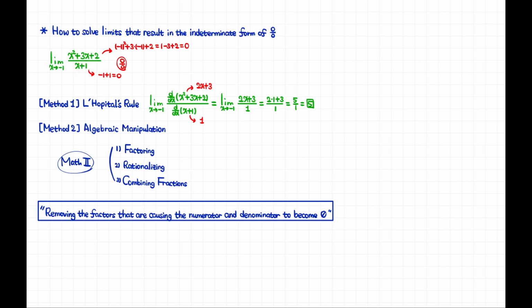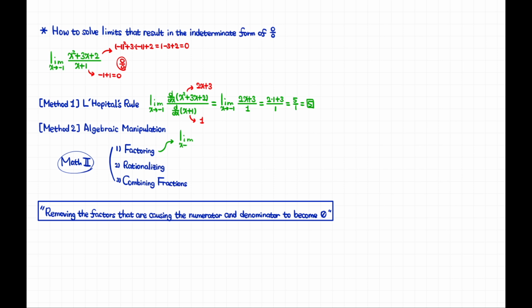It's just x plus 1. But the numerator is a quadratic expression, right? So there's a good chance we can factor it. And this is actually factorable. If we try it, it factors nicely as, let me just write it here,